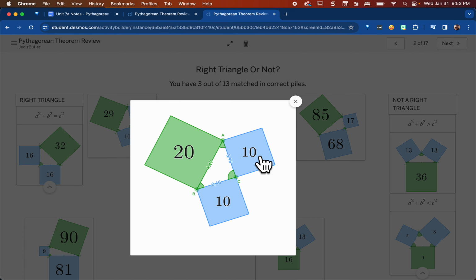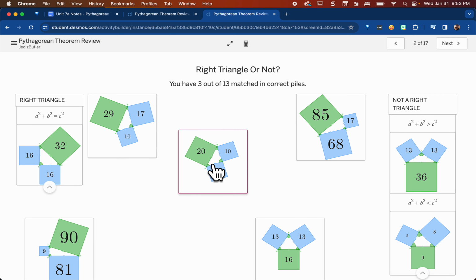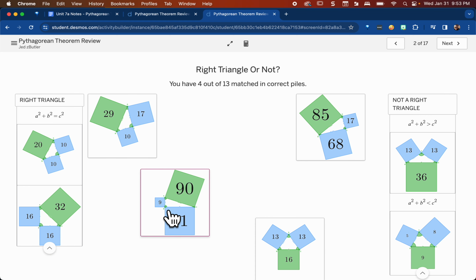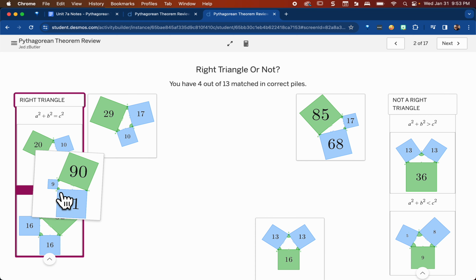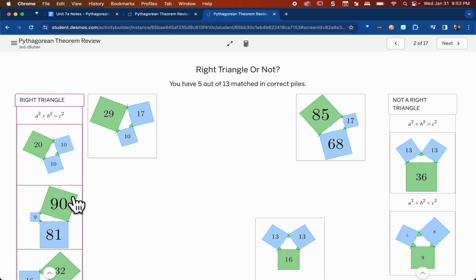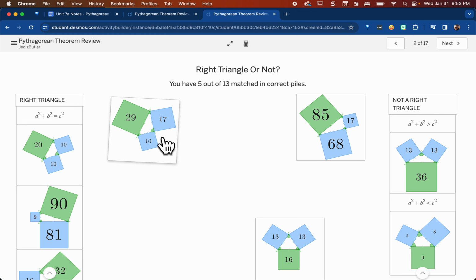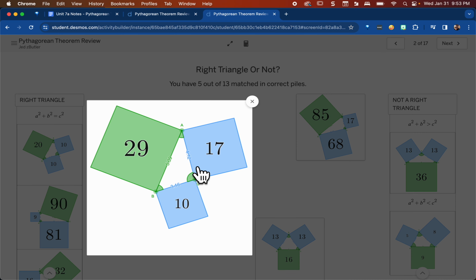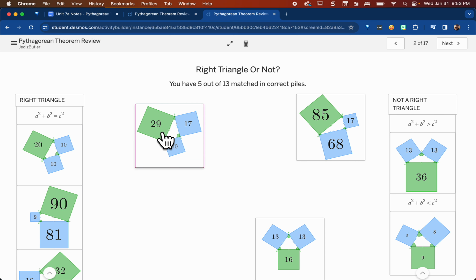Now here I have another isosceles, but this does look like a right angle, a perpendicular intersection, and 10 and 10 do add up to 20. They are equal, so that is a right triangle. Here I have another right triangle. 9 and 81 do make 90. 29 is not the same as 10 and 17. So that's going to be